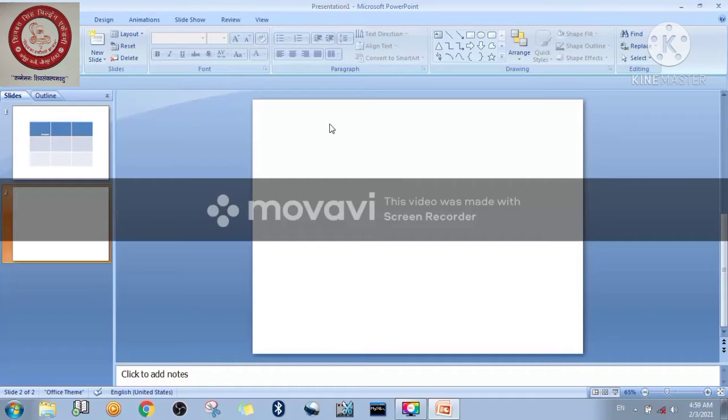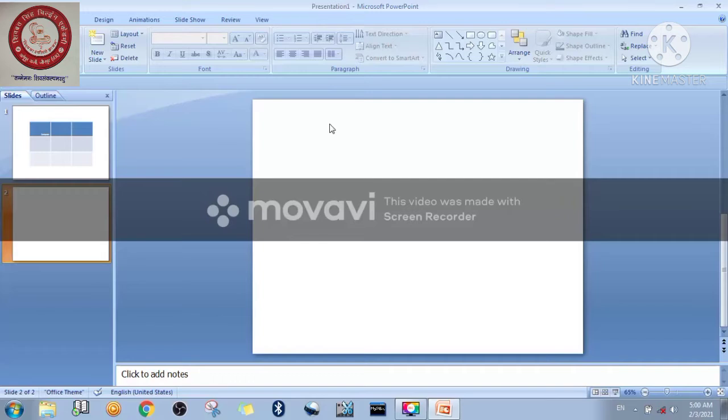What is a chart? A chart is nothing but a pictorial representation of the data sheet. I mean to say, whatever data you have in the form of a table can also be represented in the form of a chart, right? And there is one more definition: the pictorial representation of the data. Whatever data in the form of a table you have can also be represented in the form of pictures. That picture is also called a chart, right? So this is one kind of definition.